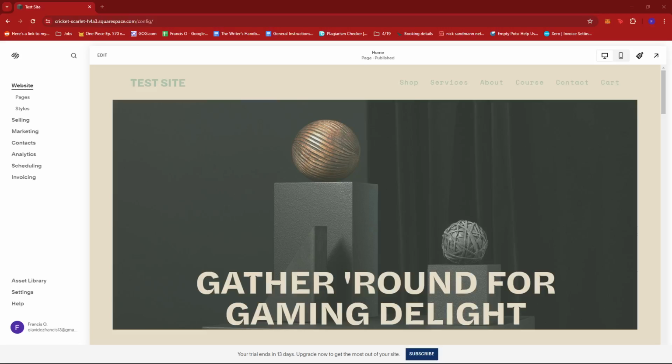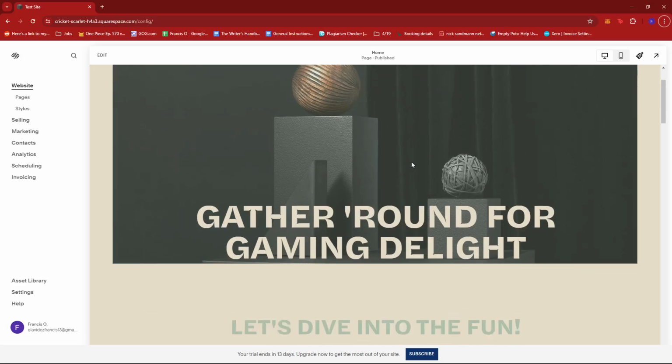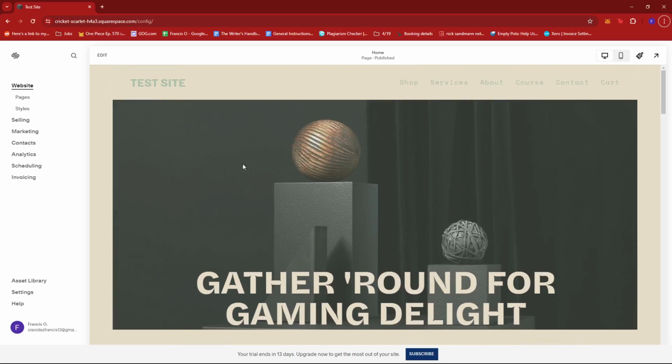In this video, I'm going to show you how to add shadow to buttons on Squarespace. Now, the first thing you need to do is to log into your Squarespace account and then head to the homepage. Now, from here, we can already see a preview of our website on the right-hand section of the screen. So we're going to go ahead and click on the edit button so that we can enter the editor mode